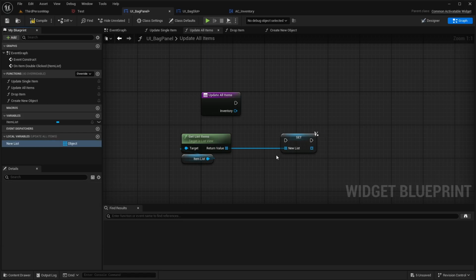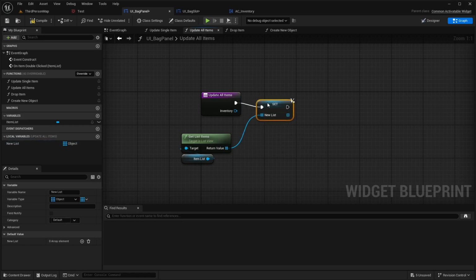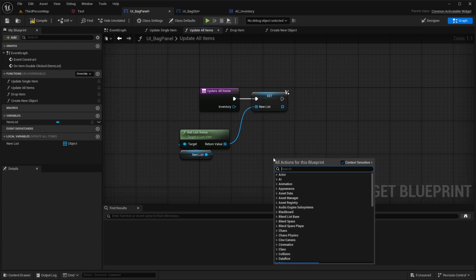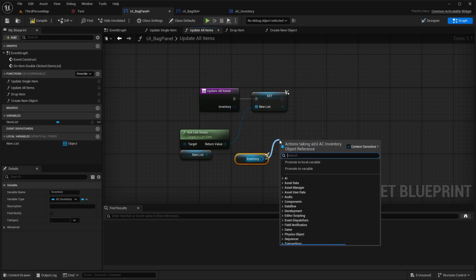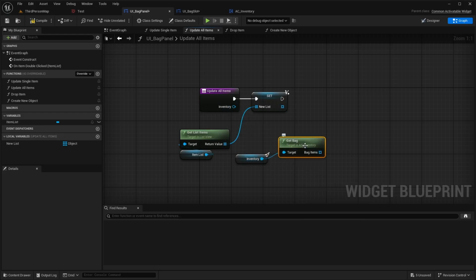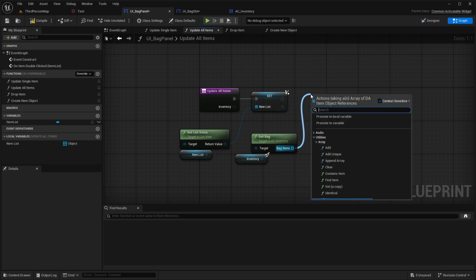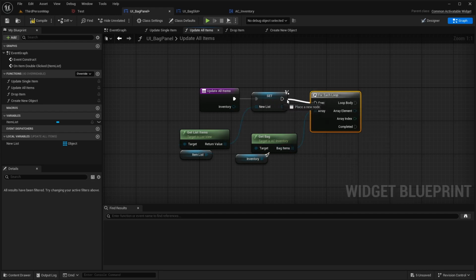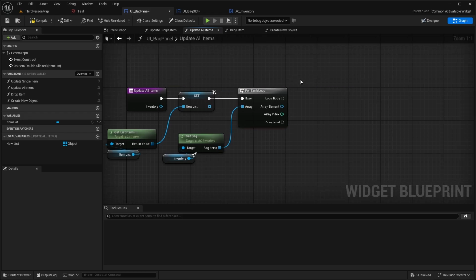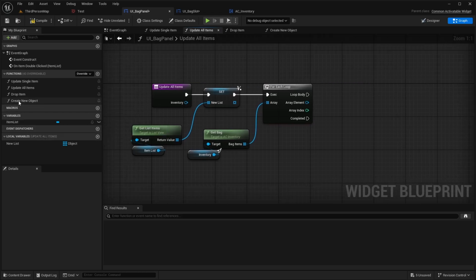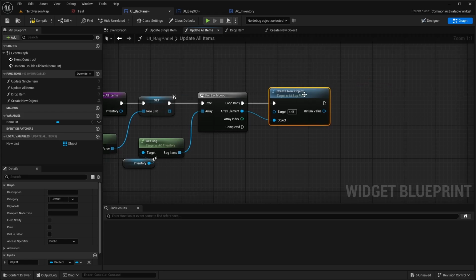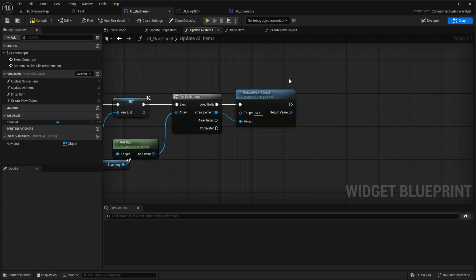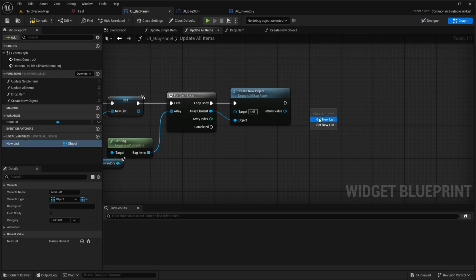This will be new list. Grabbing our inventory, since we have the variable here, we're going to get our bag. And then we're going to loop. As we're looping through every item, we're going to create a brand new object, plug in this, plug in that, grabbing our new list,